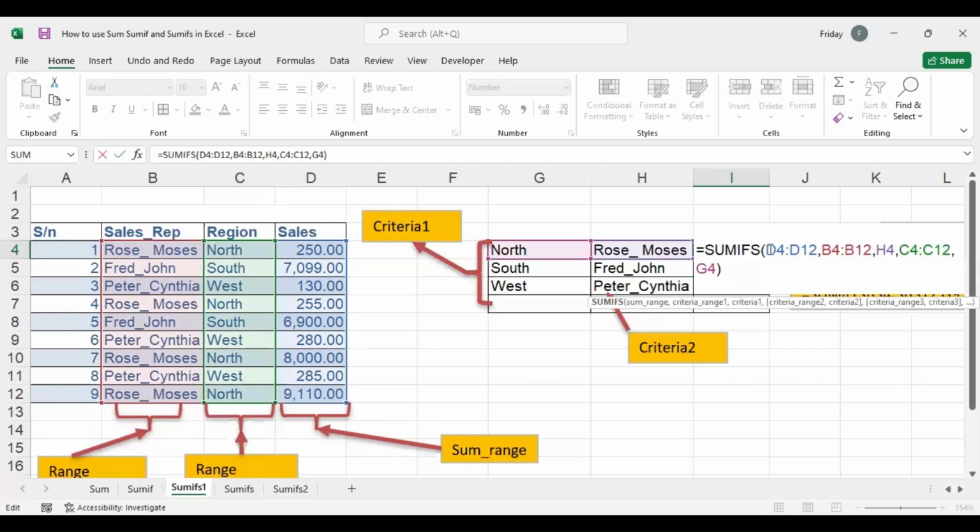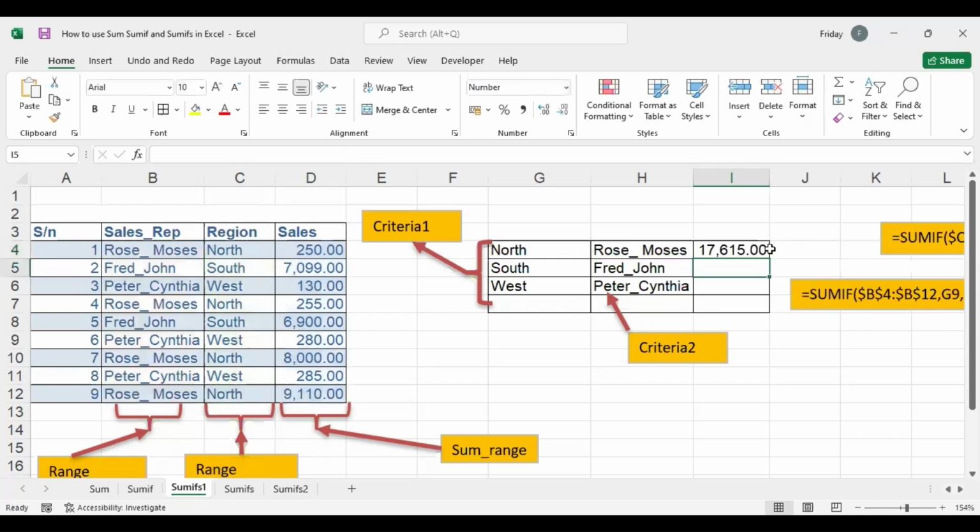Now, what you need to do again is to add absolute reference. Like I told you, it will help you to make it absolute so that it will not shift down. So you take time to add absolute reference. Just watch the video very well so that you understand where I'm adding the absolute reference. Then you can roll it down. You see it now. We have what is coming from Rose Moses in north, Fred John in south, and Peter